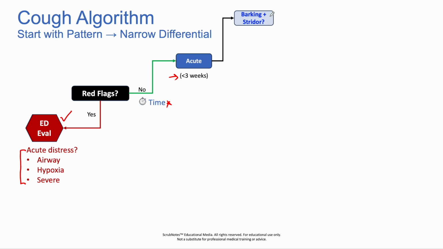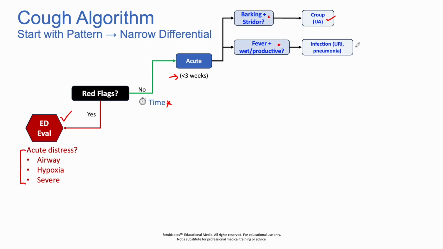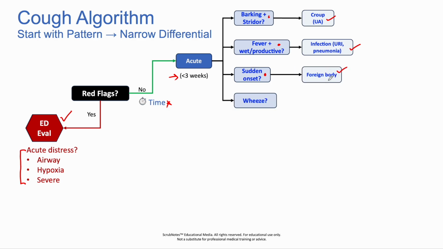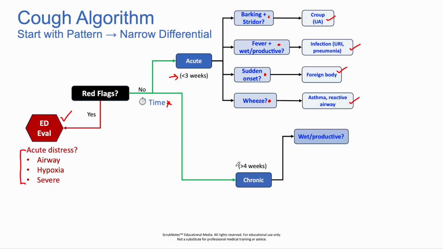If there's barking and stridor, I'm thinking croup. If there's fever with a wet, productive cough, infection's more likely. If there's sudden onset, that could be more indicative of a foreign body. If there's wheezing, asthma or reactive airway is more likely a cause. And then again, using time to help distinguish our fork here, if it's more chronic and greater than 4 weeks,